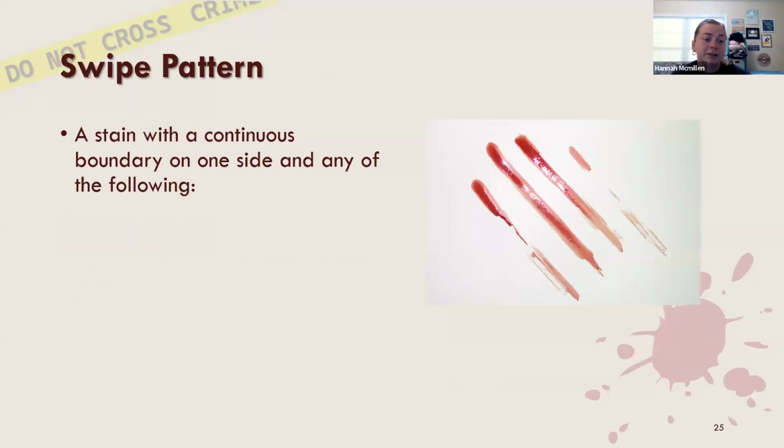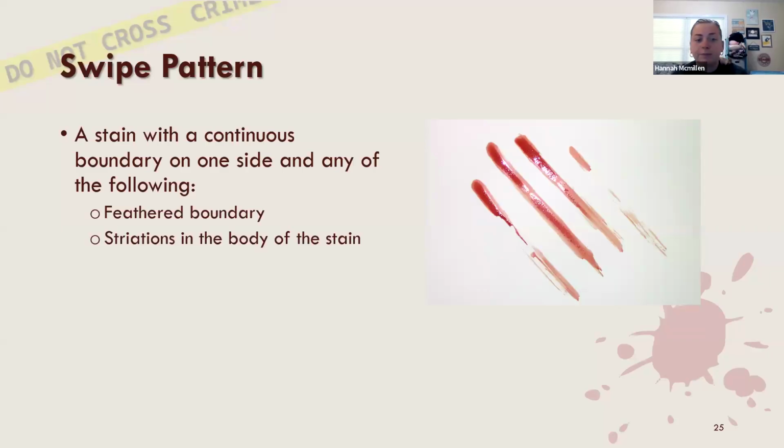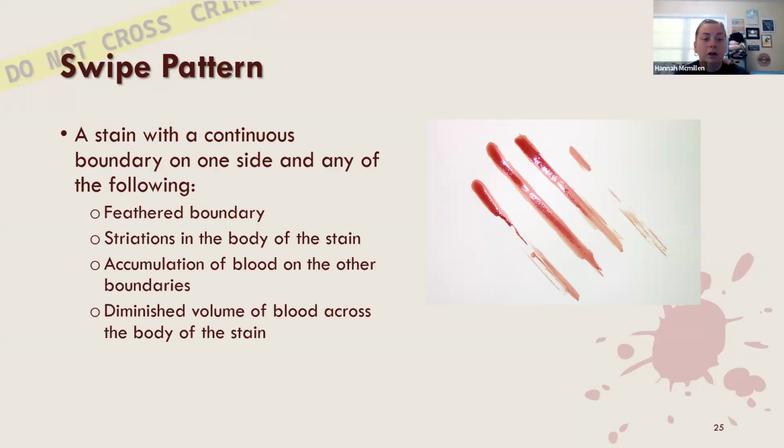So for a swipe pattern, this is a stain with a continuous boundary on one side and any of the following. You might see a feathered boundary. You could see striations in the body of the stain. You could see an accumulation of blood on the other boundaries and then a diminished volume of blood across the body of the stain. So here we can see that there is a diminished volume of blood across the body of the stain. You can see some striations within the body of the stain, and a swipe pattern is when, let's say I have blood on my hand and I touch a surface. So swipe is where I am depositing a movement onto a surface,